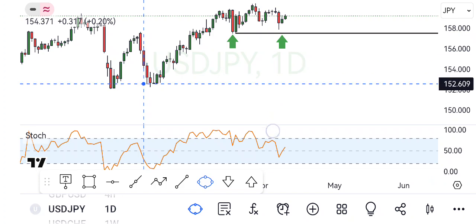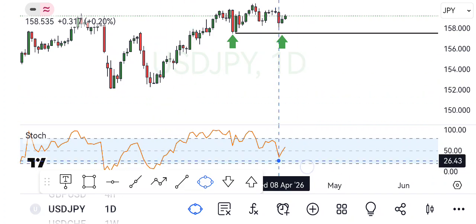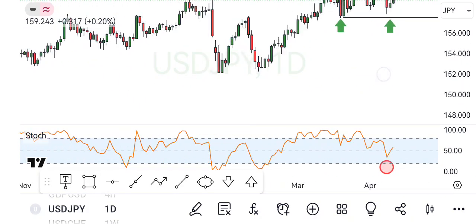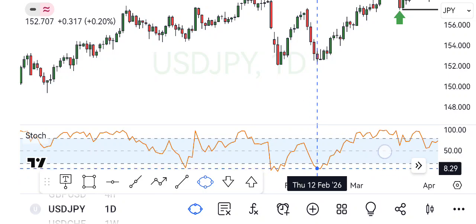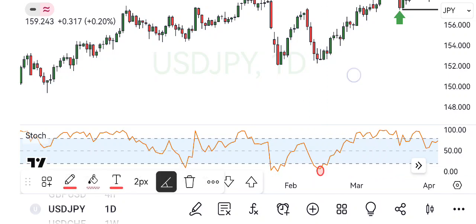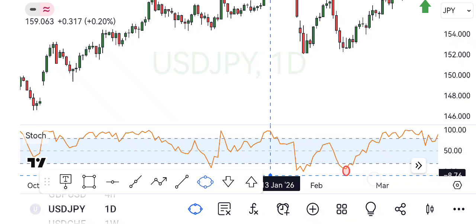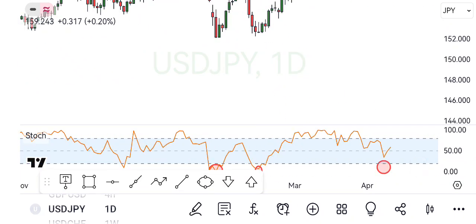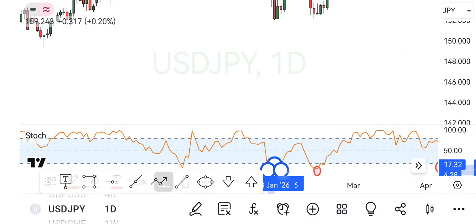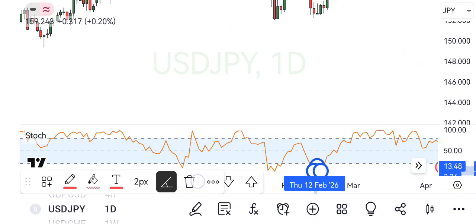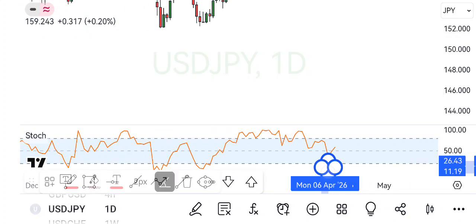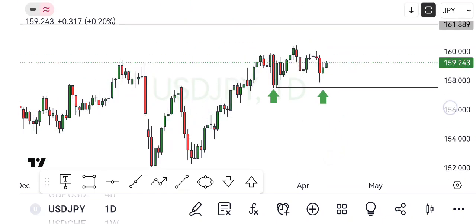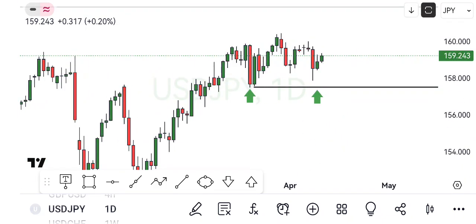I would want to see the stochastic oversold right here, the very same way it was oversold right here, and again right here. If I was to buy, this is not an English lesson, guys, I would buy at an area which is confluencing with the stochastic. So because I'm not entering from the daily,